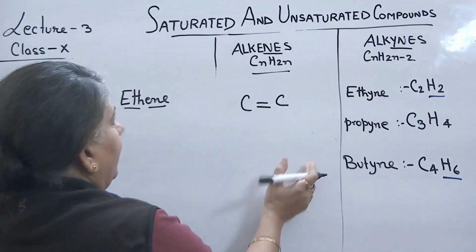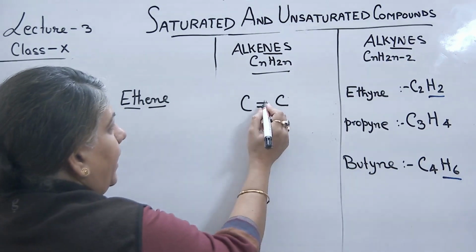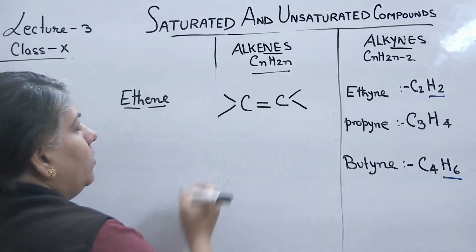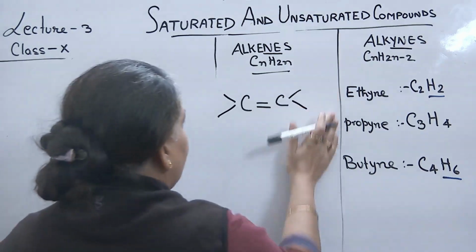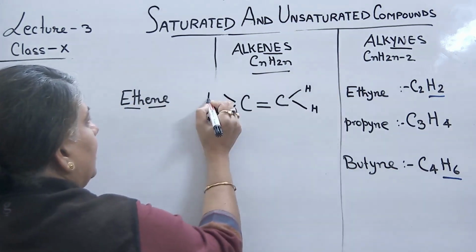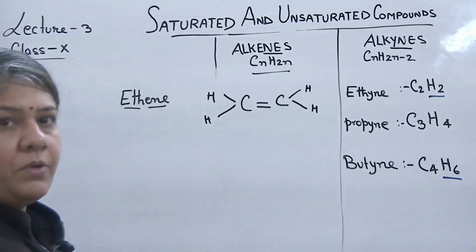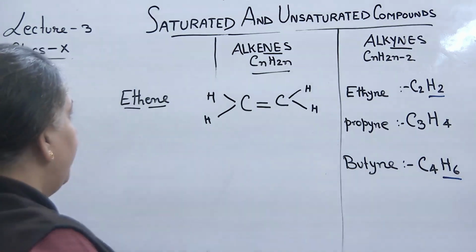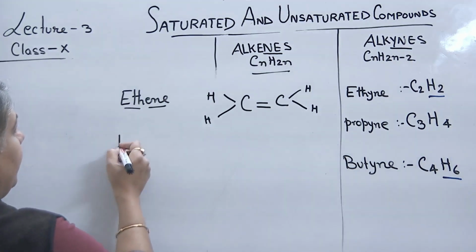Now complete the tetravalency. This carbon already has 2 bonds, so it will also form 2 bonds with hydrogen atom, another atom which is hydrogen. Since we are dealing with hydrocarbon, another atom will be hydrogen. So this is ethene, then